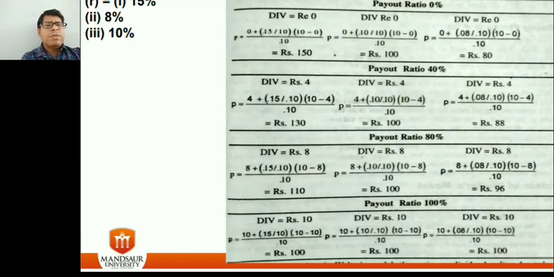Now consider a growth firm. Whenever the company is paying a larger amount of dividend, that is, their payout ratio is high, then in that case the price of the shares is declining. But in normal firms it doesn't have any relevance between the payout ratio and the price of the share. But in a declining firm there is a relationship: whenever the company goes for a higher payout ratio, the share price of that company is increasing.